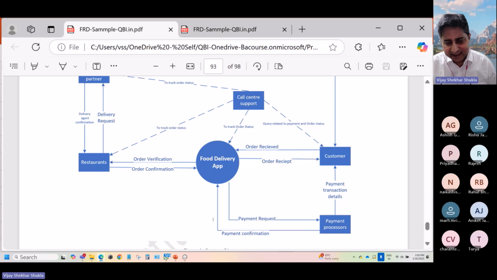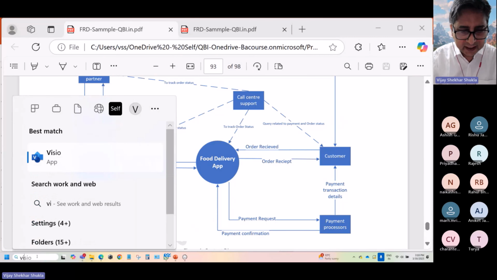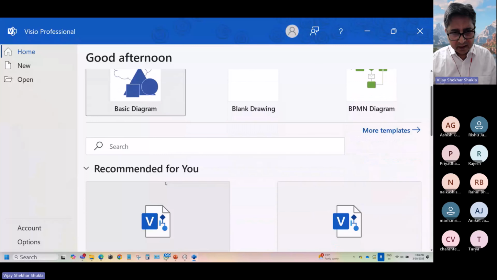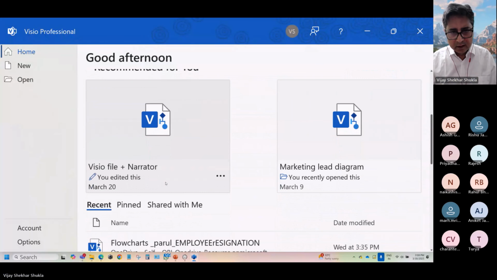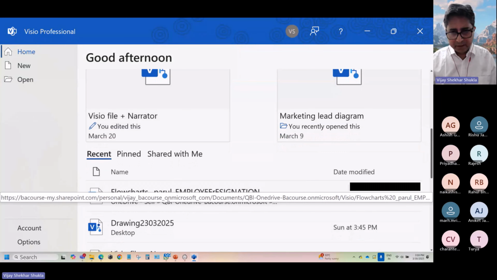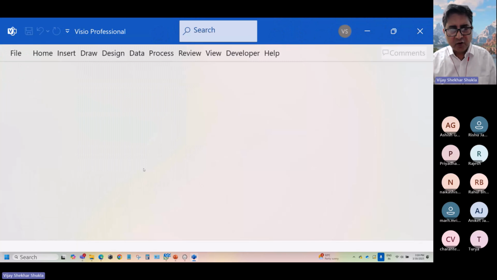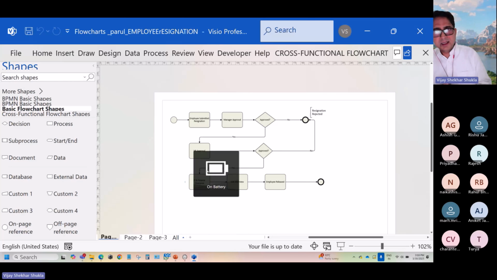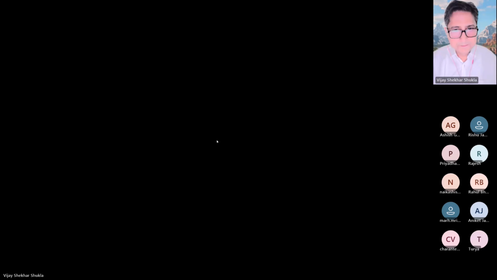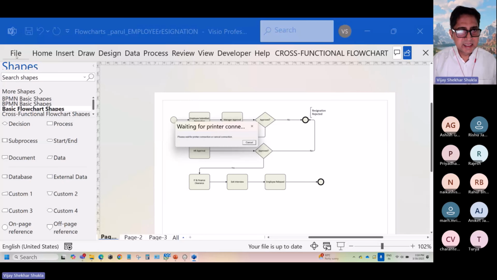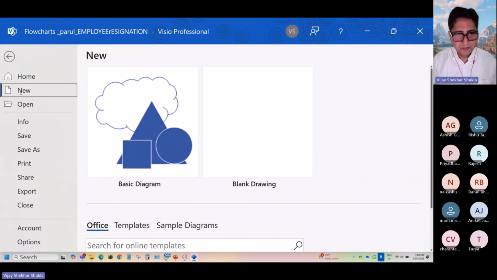So this is one of the first outputs which you will prepare, how the food delivery app is being utilized by various other entities. All this requires software like Visio, which is the most popular software we will work with. And all you need to do is basically prepare your flowchart. See, my existing student has prepared this and it is now up for some kind of feedback. So how do we prepare this? Something as easy as this. I will show you. New